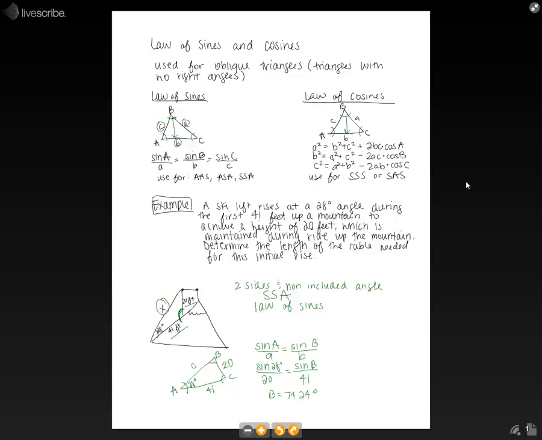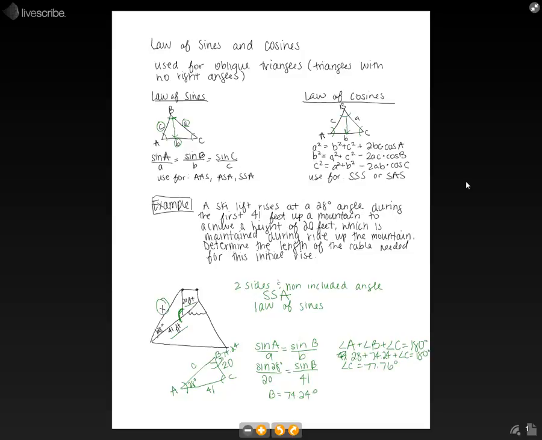74.24 degrees. Now you can find angle C, because you know that angle A plus angle B plus angle C should equal 180 degrees because this is a triangle. So we have 28 plus 74.24 plus angle C is equal to 180 degrees. So when you solve for angle C, you get